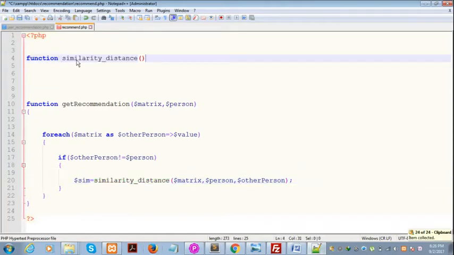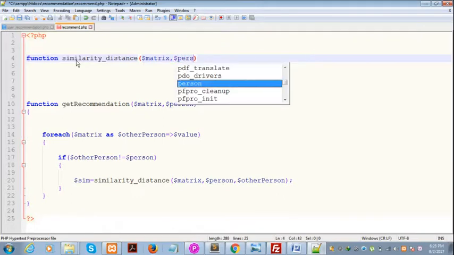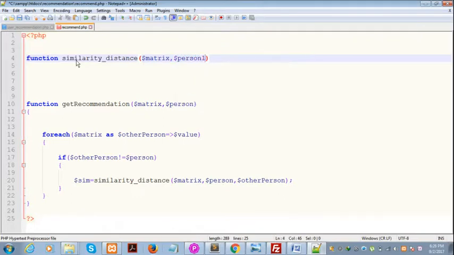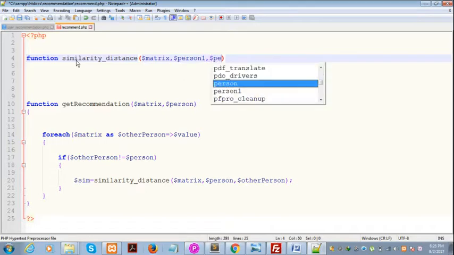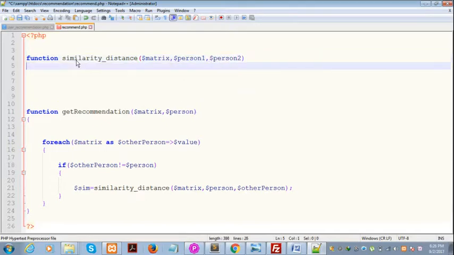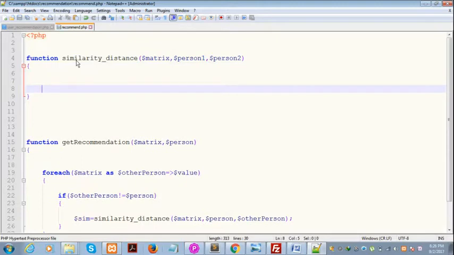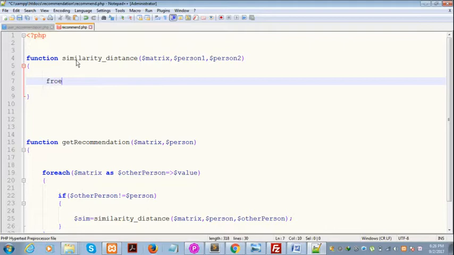Similarity distance, and it will take matrix $person1, $person2, and we will